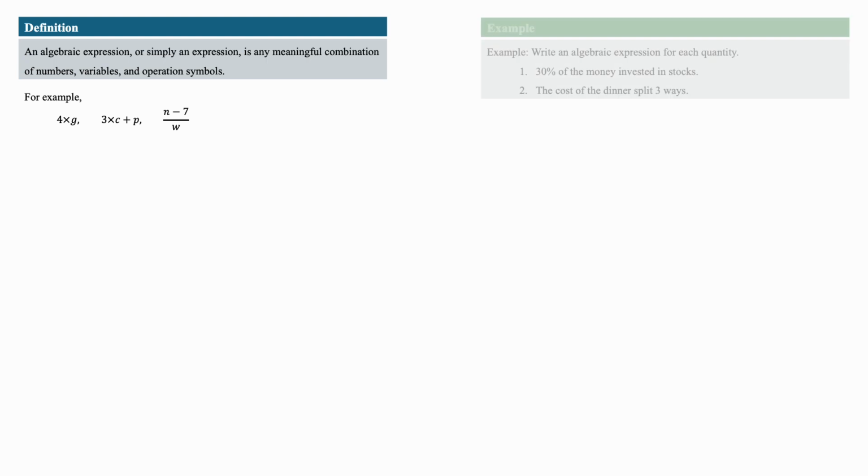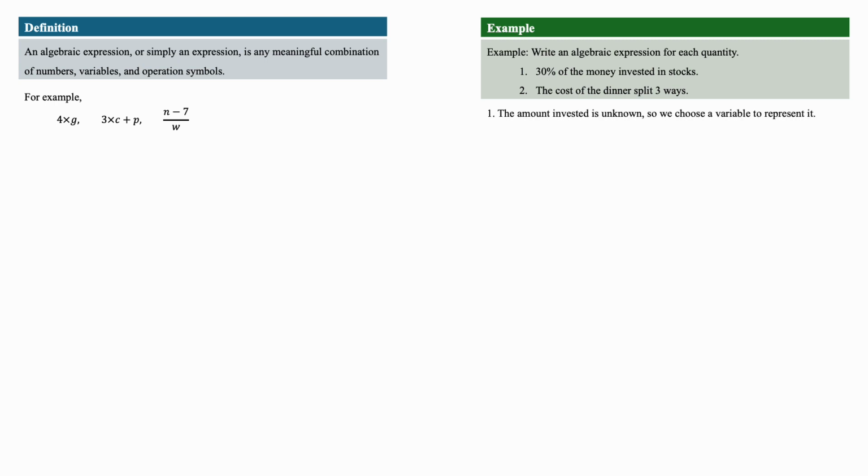So in our first example, we write an algebraic expression for each quantity. Number 1, 30% of the money invested in stocks. So first we have to figure out the amount invested, but that is also unknown, so we have to choose a number or a variable to represent it. In this case, it has to be a variable because there is no number that is known about this, so we choose the letter S to represent it. Next, we identify the operation present, which just so happens to be multiplication, so you put the two together and